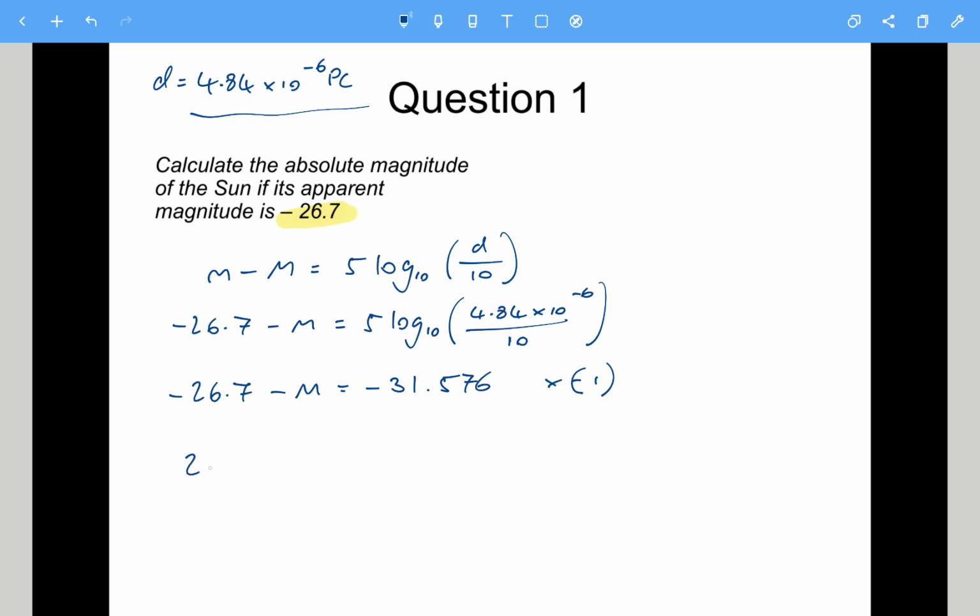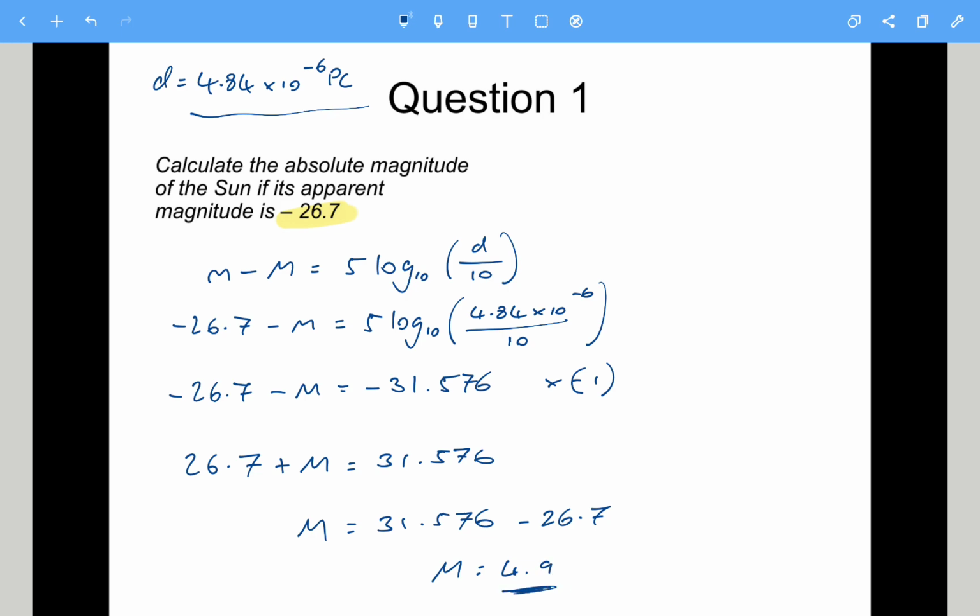So that would be 26.7 plus the absolute magnitude equals 31.576. So the absolute magnitude is simply 31.576 minus 26.7. So that gives an absolute magnitude that rounds to